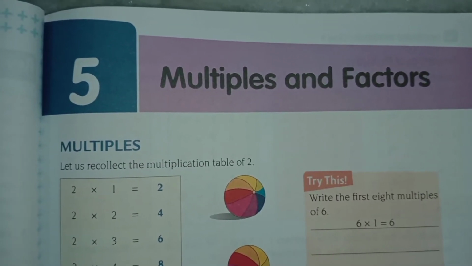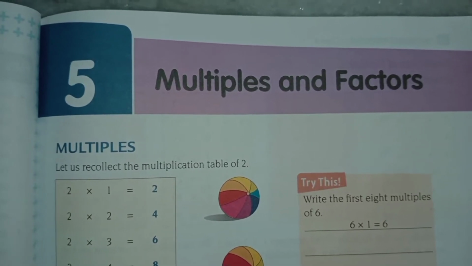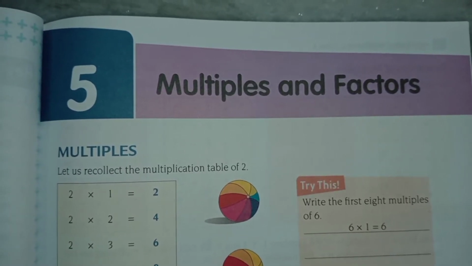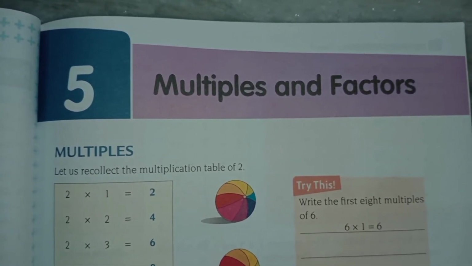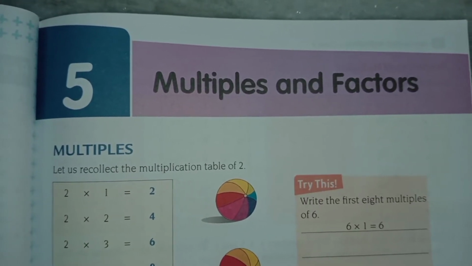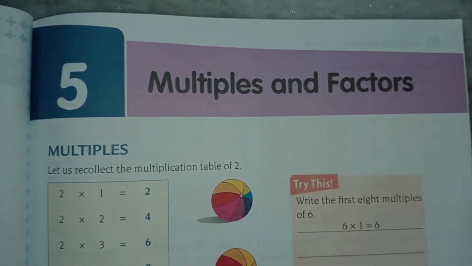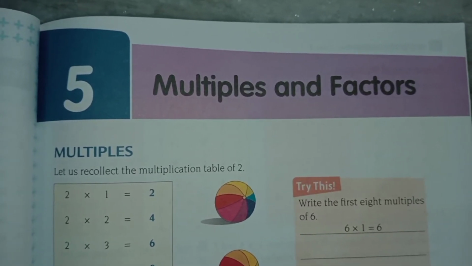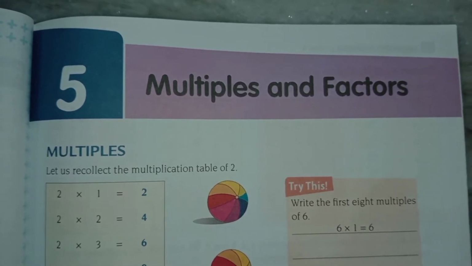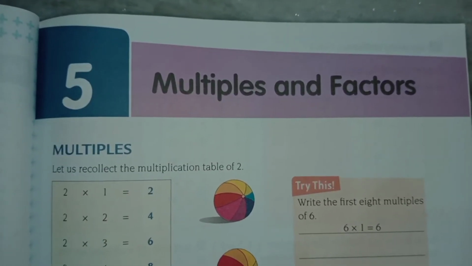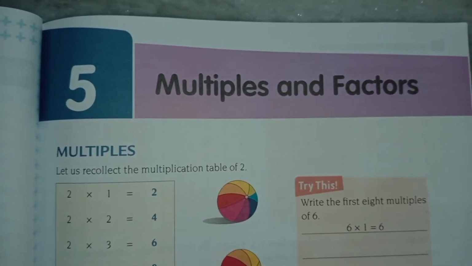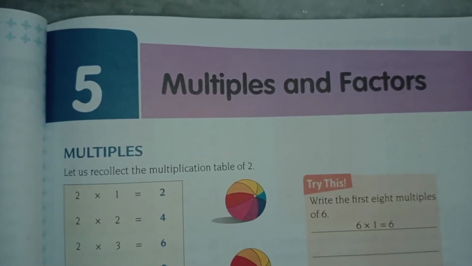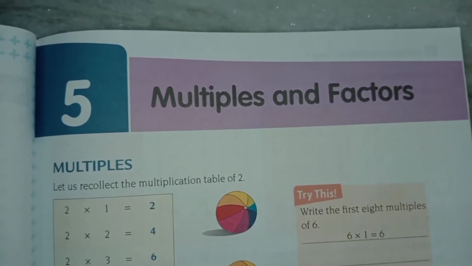Okay, you know that table is very much important in multiplication, in division, and table is very much important for this chapter also, that is multiples and factors. Okay, these multiples and factors are based on table only. If a table is good, you can do this multiples and factors very easily, and it is even a very easy chapter. Okay, so if you have not done the homework, do it. Okay, and learn the table from 2 to 20. Okay, and if you want, you can learn more than that also. Okay, it is very good.